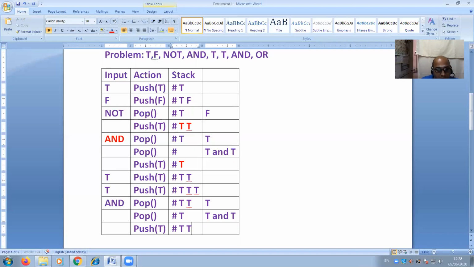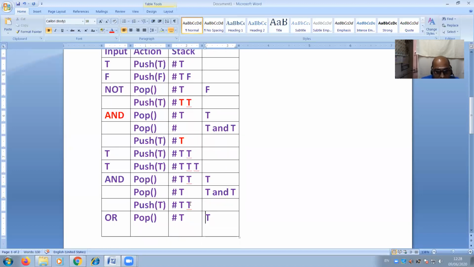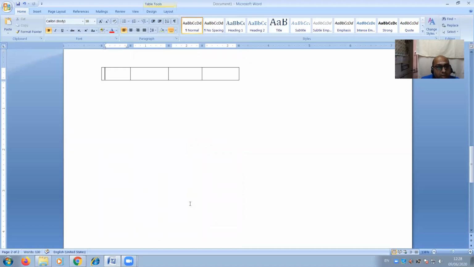Now I do have two values. When I check for any other input, yes, I do have one more input. And that input is also a binary input. OR represents plus and AND represents into here, right? With respect to stack evaluation procedures. So again, I'm issuing two pops. I'm taking the topmost content, which is true. Then I am popping the next true.